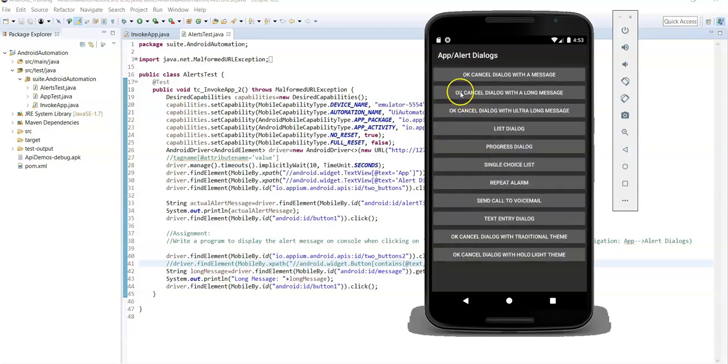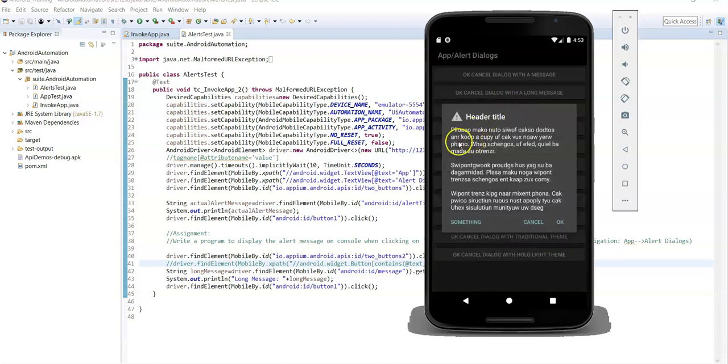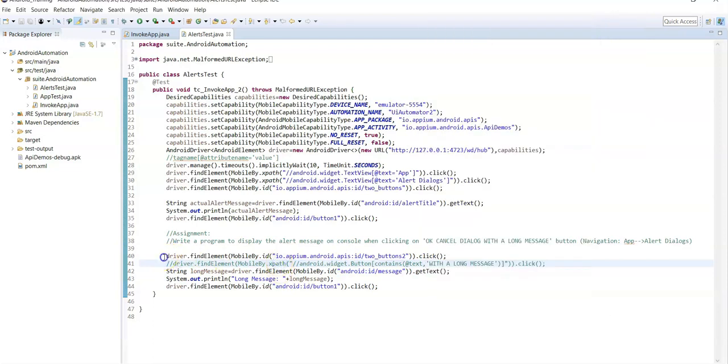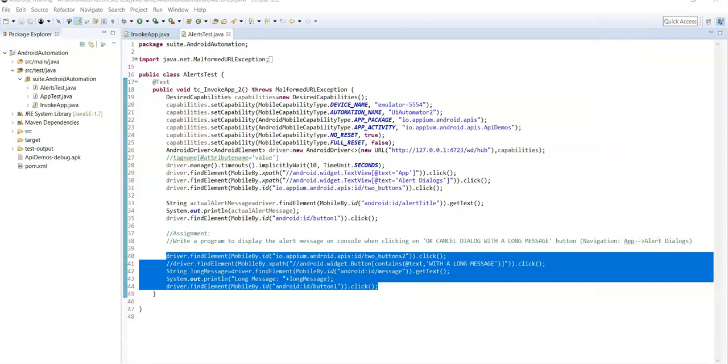Now we need to identify the locator for the OK Cancel dialog with a long message and then get the alert message. So in order to get this alert message, you need to identify the locator for this alert. After printing this alert message onto the console, you need to click on the OK button. So for that, you need to identify the locator for this OK button. Okay, so this is the script for this assignment.